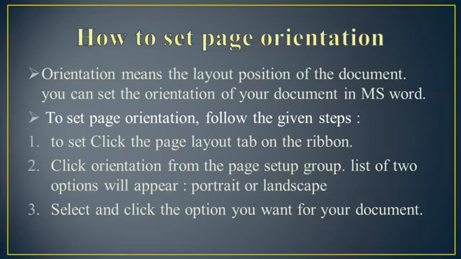Well students, if you want to change the orientation of one page in Word 2010, to use different orientation in the same document, first of all, you select the page or paragraph whose orientation you want to change. Then click Page Layout. Then the Page Setup dialog box launcher will appear on your screen. In the Page Setup box under Orientation, click Portrait or Landscape. Click the Apply to box and click the selected text.